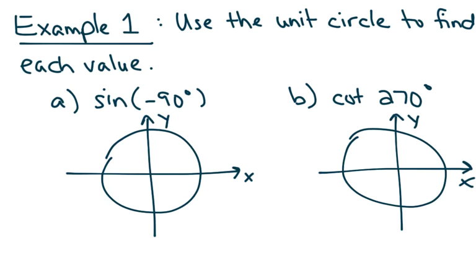In example 1, we're going to use the unit circle to find each value. So I drew myself a picture because this is going to help us out. We want to find the sine of negative 90 degrees. Now remember, if you start here in initial position, then for negative 90 degrees, you have to go this direction, so it must be down here. Now, if you can remember what ordered pair is down there,